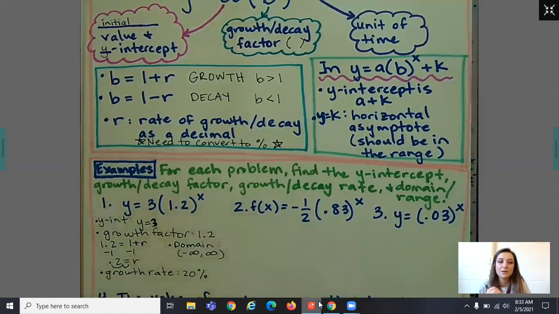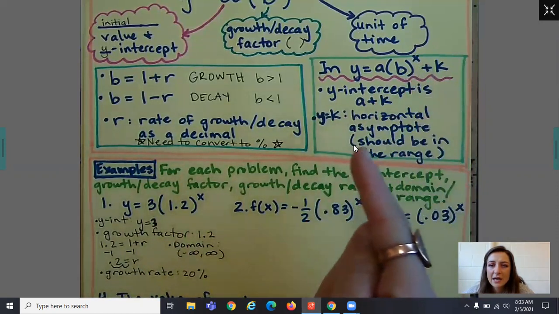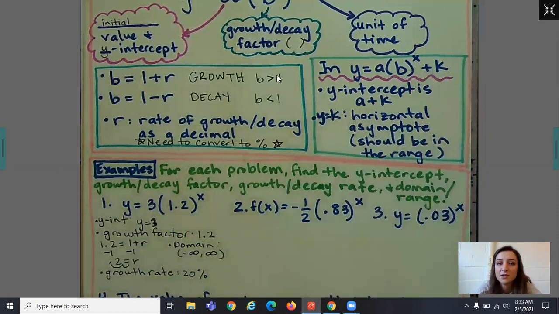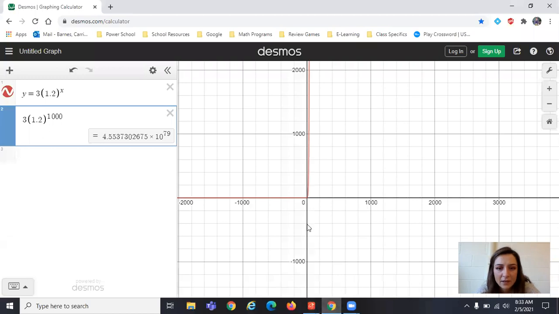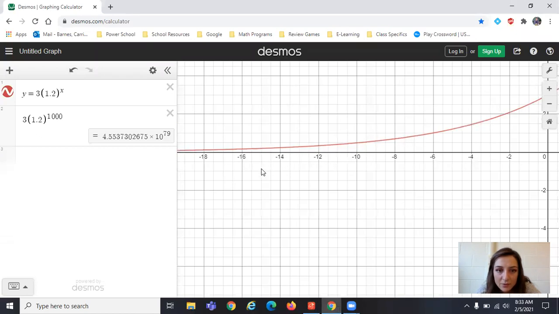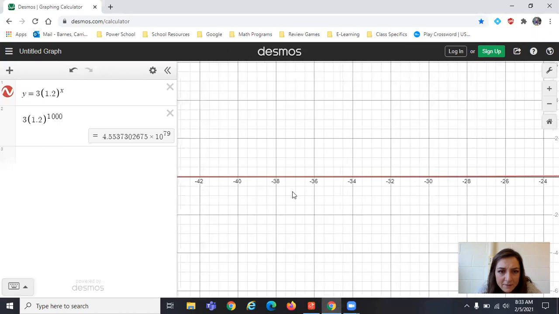Okay, so then the last thing that we need to do is the range. And like I said up here, the y equals k, so that number that you're adding on the end is going to be your horizontal asymptote, and that's going to be in your range. So let's look at this graph again. And as I said earlier, it's not going below the x-axis. So if you scroll this way, you can see it's going like really, really close. And it looks like it's touching it. But if you zoom in,